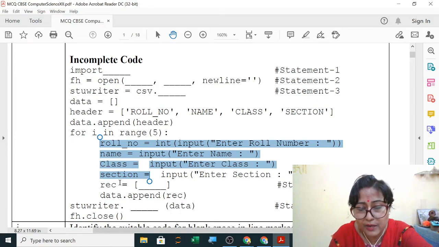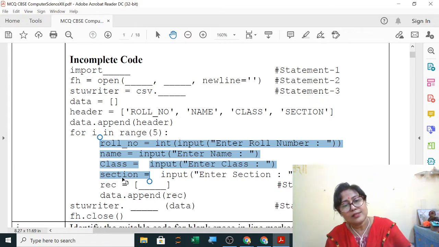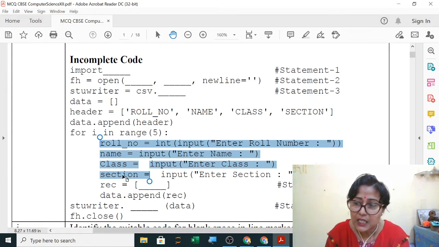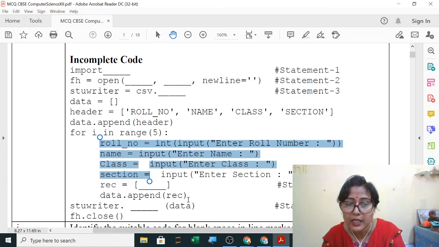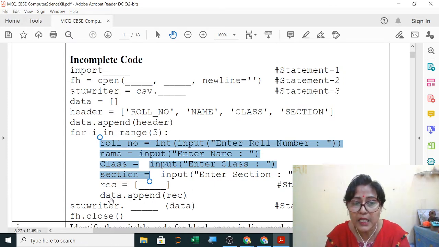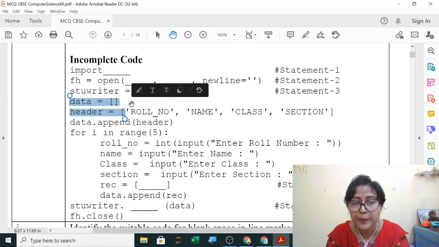These 4 which you have taken: roll number, comma, name, comma, class, comma, section. These are the variables, not in quotes. So this will be a list. Now when you append the record, it will be added in data. Data is a list, so you will get a nested list.